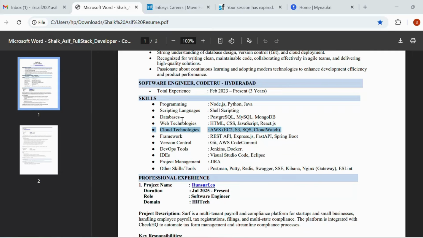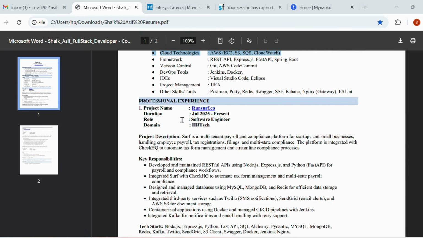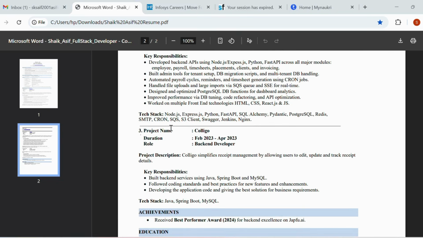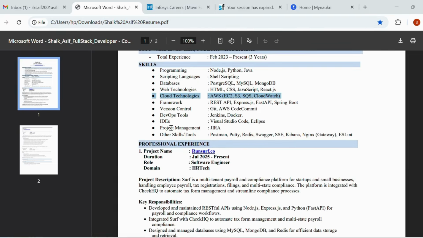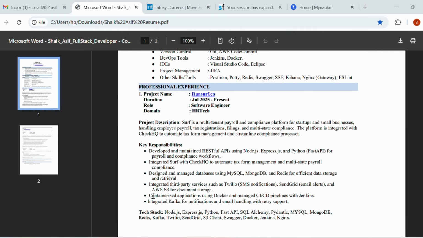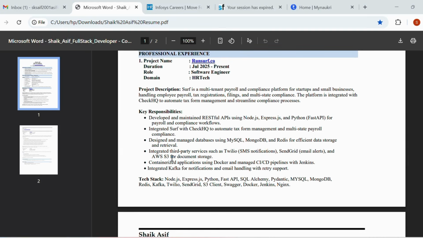Okay, the next important section is projects and professional experience. It's the key of your resume. In my experience I worked on 3 different projects, and for each project I mention my role, the duration, the project description, roles and responsibilities, and tech stack. It gives clarity to recruiters about how many years of experience you have in particular skills, in how many projects you used different skills, and for how long you used particular skills.